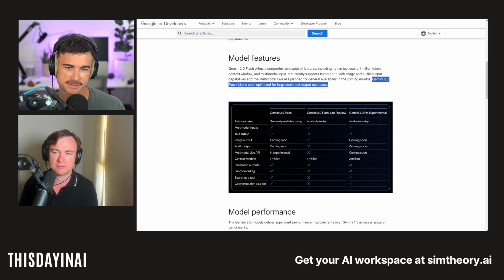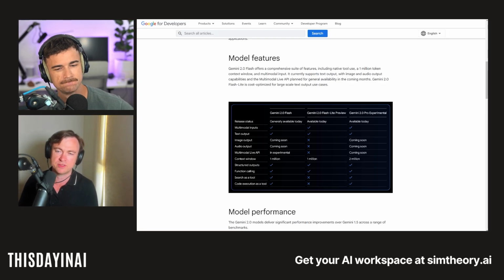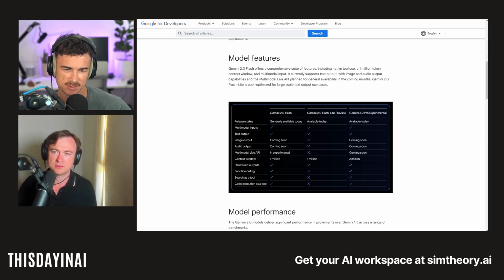Gemini 2 Flashlight is cost optimized for large scale text output use cases. Yeah, maybe I just need better examples, but I haven't been able to do it. I've got a bunch of test scripts I try every time there's a new release, and I just can't do it. But interestingly, with Flash as well, they say image outputs coming soon, audio outputs coming soon,